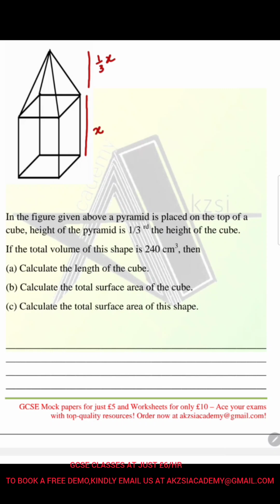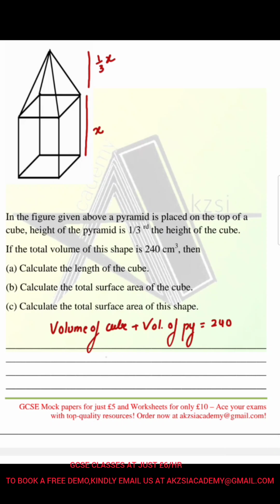And it says the total volume of this shape, that means volume of cube plus volume of pyramid. So volume of cube plus volume of pyramid is equal to 240. So volume of cube, we know length times width times height, and cube has all the